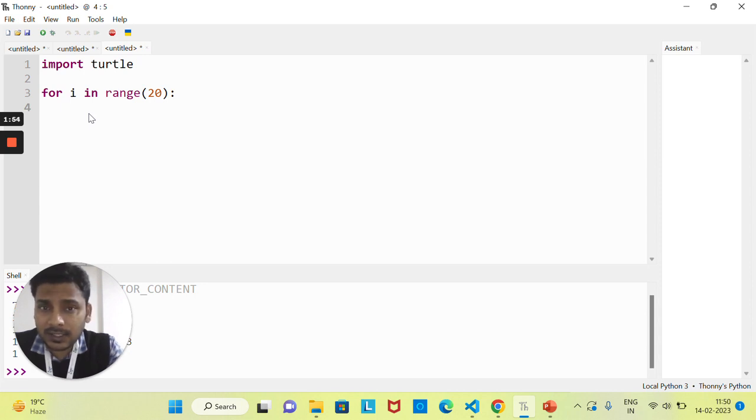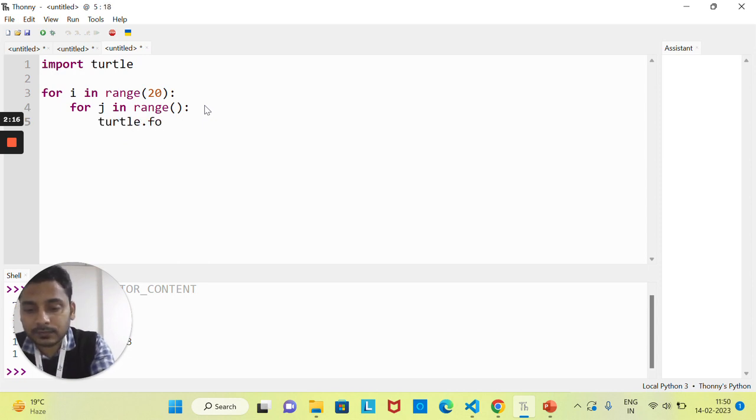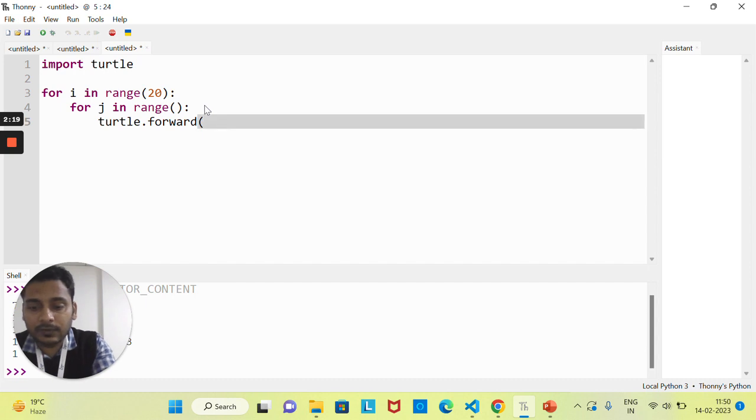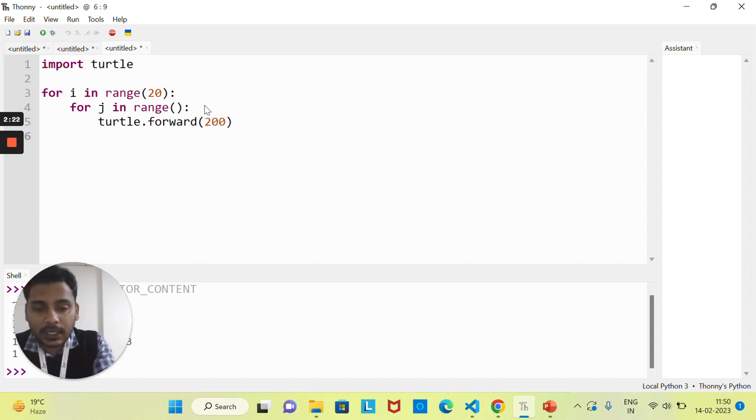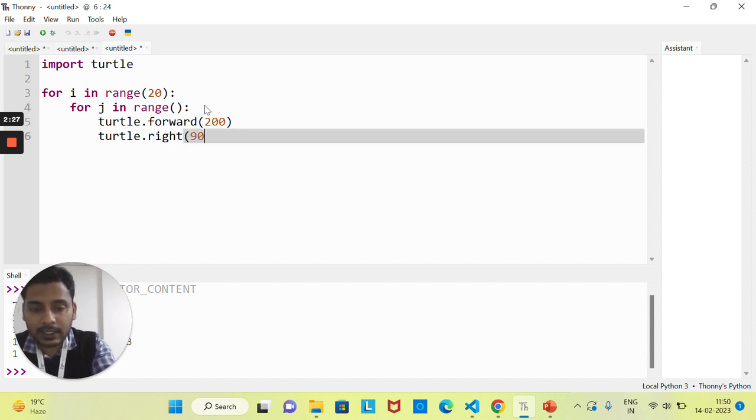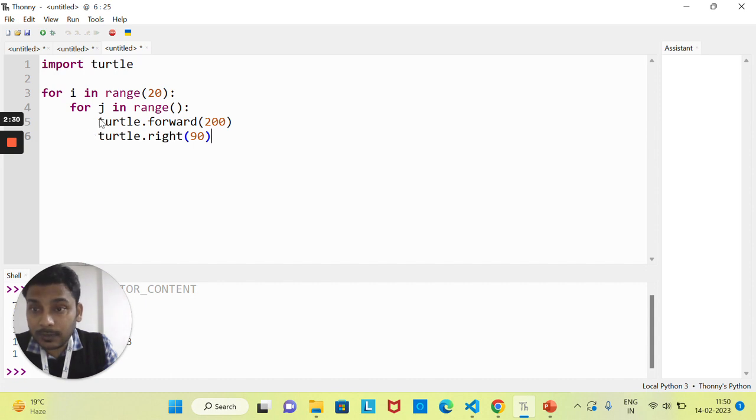So as in the first or second class, we have already seen how you can draw the pattern, right? So here, I'll again use a for loop, for j in range. And as you know, in a square, four sides are there and four angles are there. So inside, I'll write turtle dot forward, right? And here I want to draw a square of 200 steps. And then I'll take turtle dot right. As you know, the angle of a square is 90, so I'll pass 90. These two are the statements which I want to execute 4 times, right? That's why here in the range I'll pass 4,